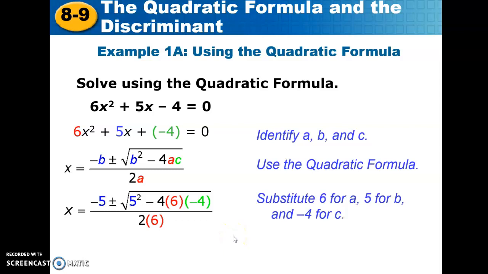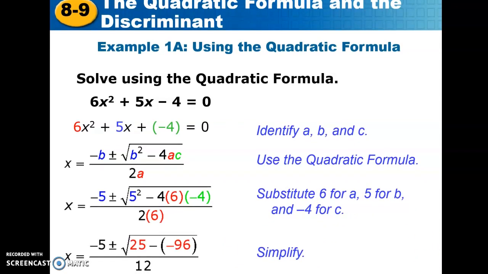Okay, so now you have to slowly whittle away at this problem. So you want to do PEMDAS. You want to make sure you're doing your exponent first, then simplifying what's inside of the square root, then taking the square root, then doing a plus or minus negative 5, and then the denominator. Okay, so